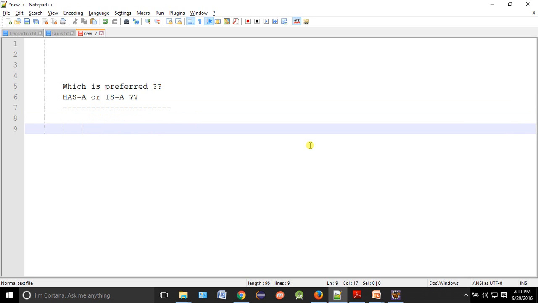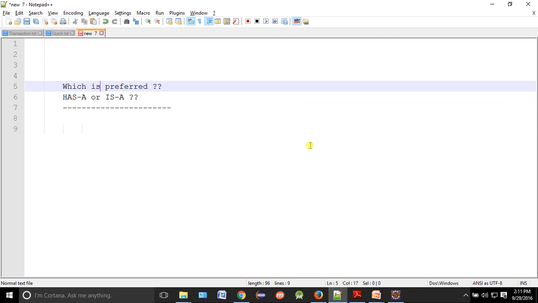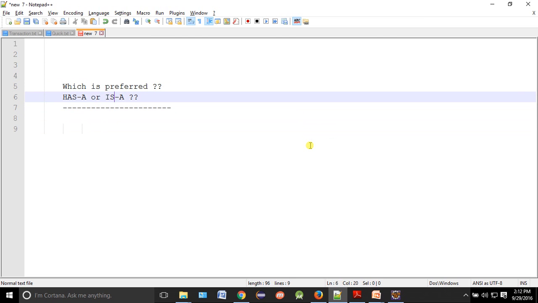So sometimes we usually give different names to it. IS-A is also called, as we have discussed, inheritance. And what is HAS-A? HAS-A is nothing but it is also called composition. This is also called aggregation. So all have the same meaning.